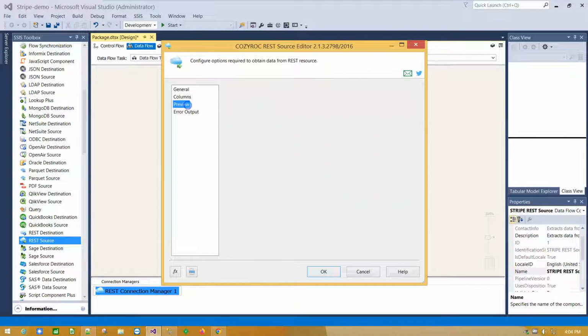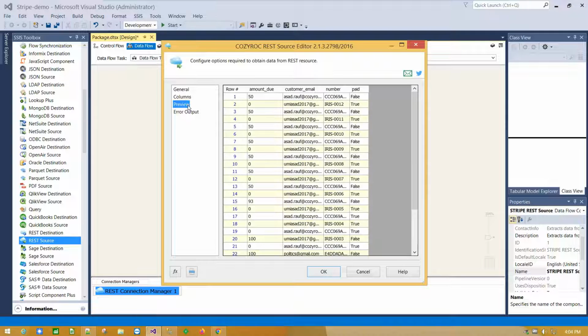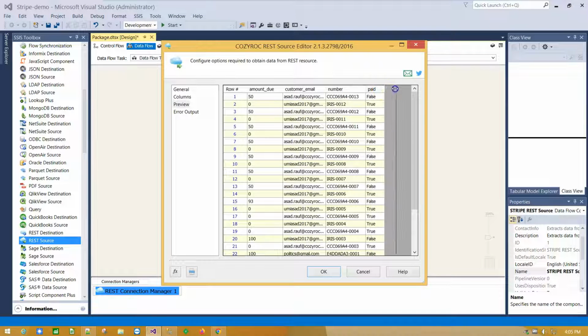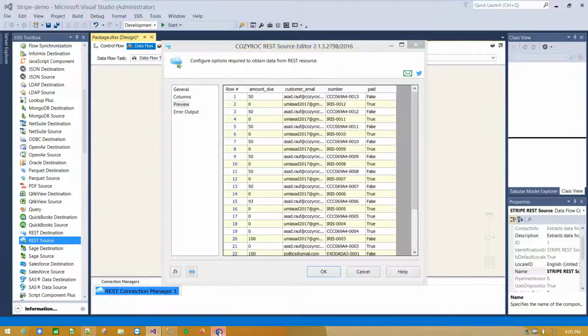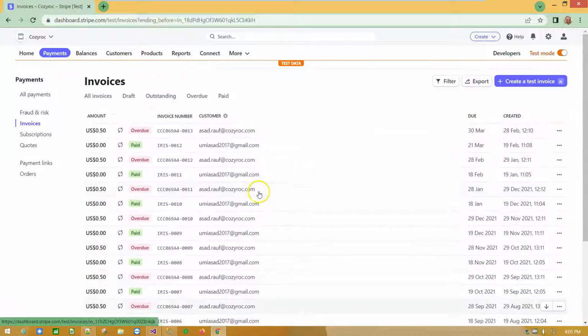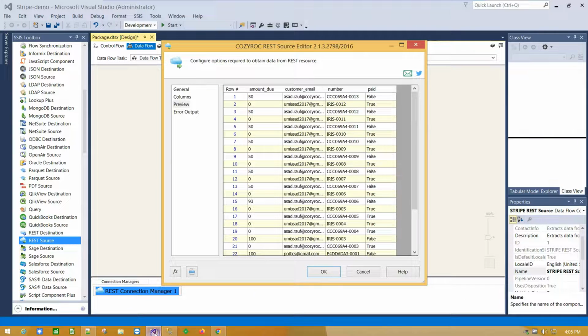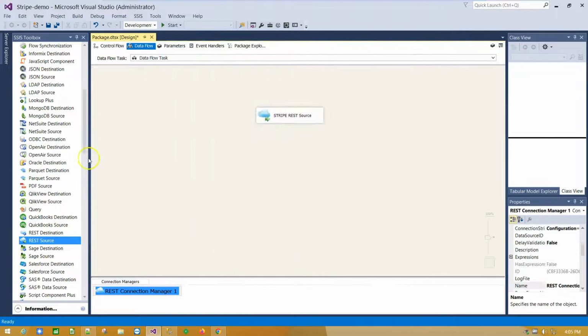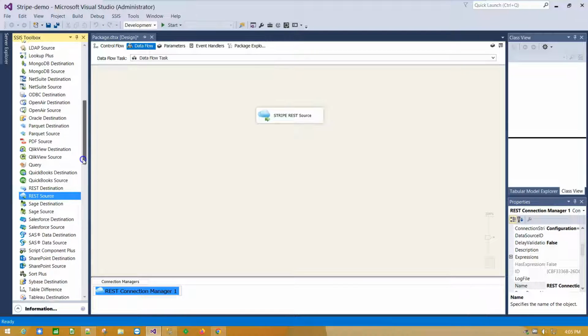And click on Preview tab for data preview. Here is the list of invoices we have in our Stripe account. Click OK. Scroll down